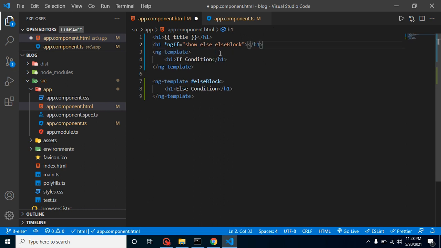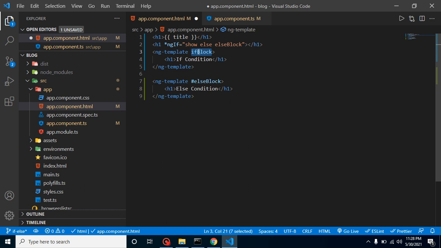Now you can even take any tag, like span or p tag, whatever you want, right? And here let's define an id for the if block. You can put any name to this id, I just put ifBlock so that it makes some sense. We are showing the else condition, that's why I put its name elseBlock.